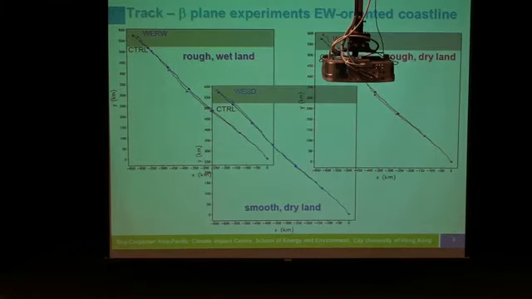But more interestingly, if you have a land surface that's instead of north-south, an east-west oriented coastline, so if you focus on the same thing here, rough and dry land, you see that there's also a deviation. Control again is